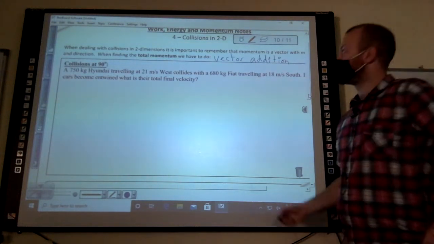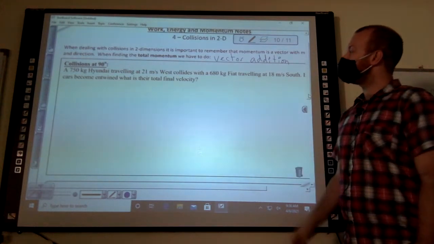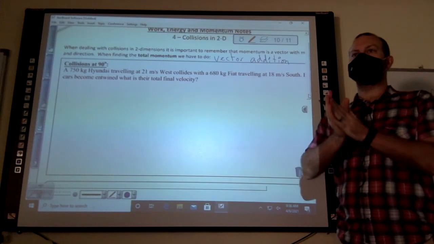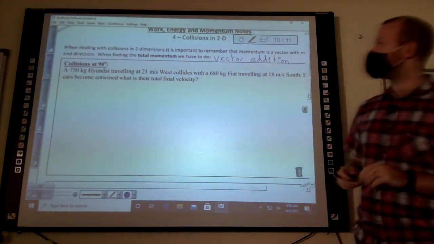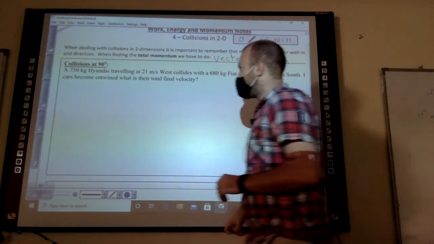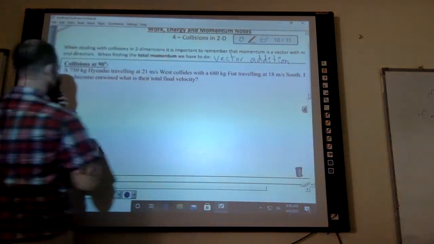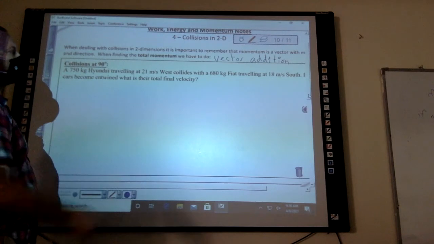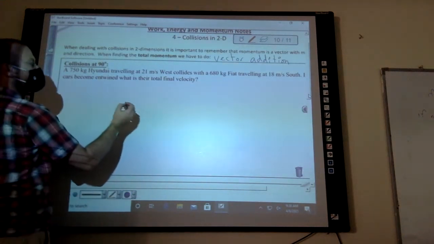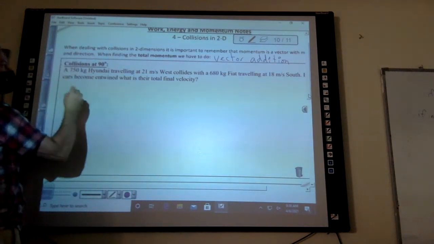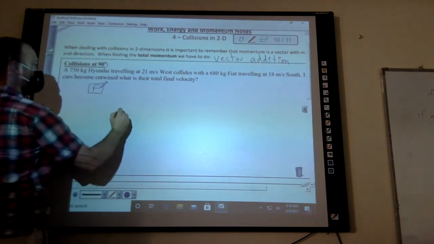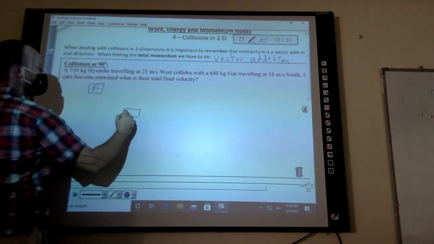So let's try this first one. We've got 2 cars. They're traveling in different directions. They're going to hit and they're going to stick together. And we want to know what's the final velocity. So let's draw out what's happening here. I've got 2 cars, a Hyundai and a Fiat. They're driving. One is moving west, one's moving south. So let's draw it like this. Here's our Fiat. Here's our